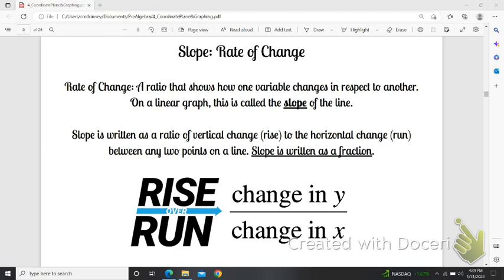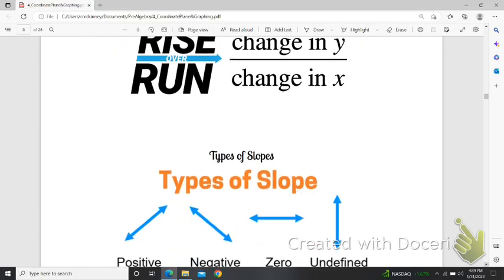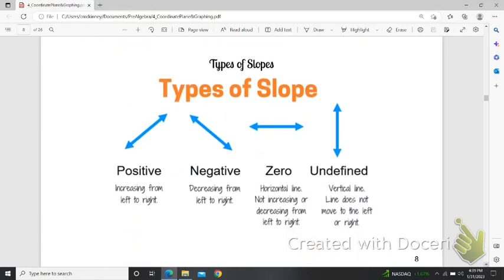That can also be called the change in y over the change in x, if we subtract the y's and subtract the x's. We'll talk much more about how to find the exact slopes when we are in algebra class,